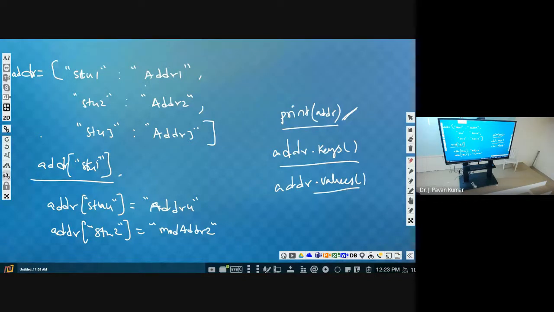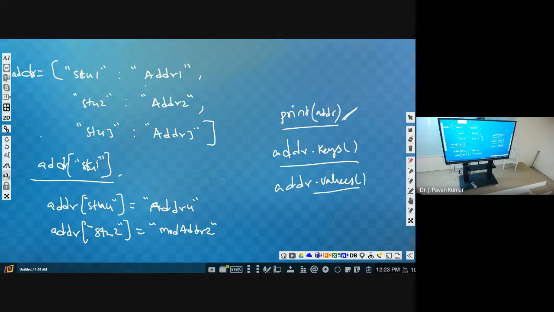Address dot keys of, to get some particular key. Yeah, you can print, but it is like you are expecting an index.